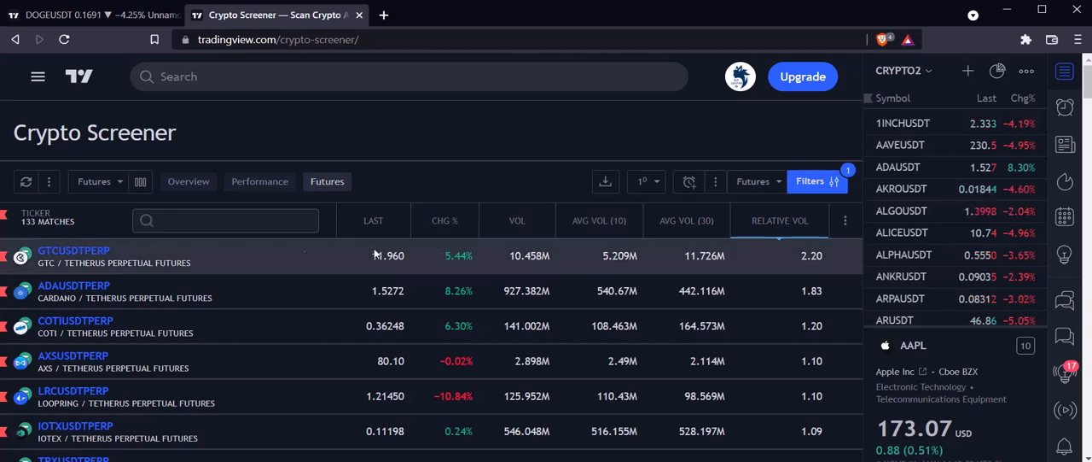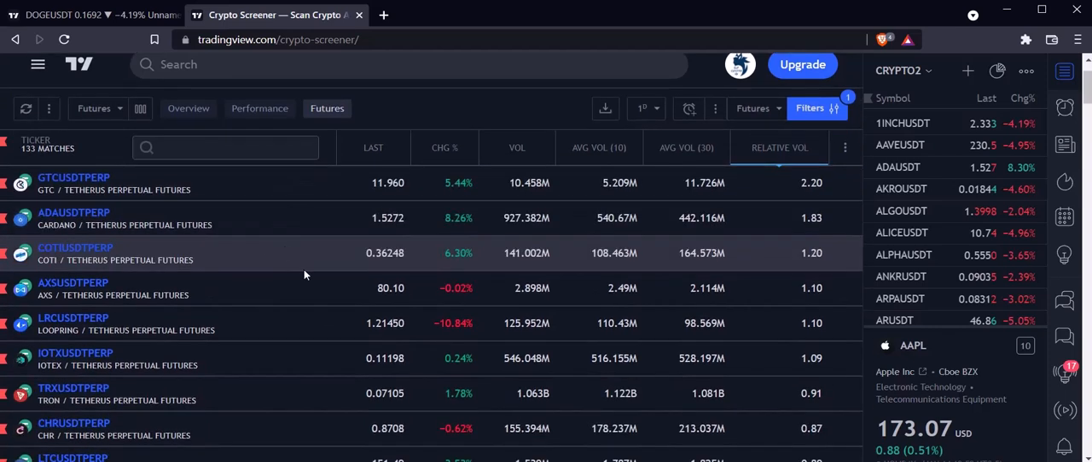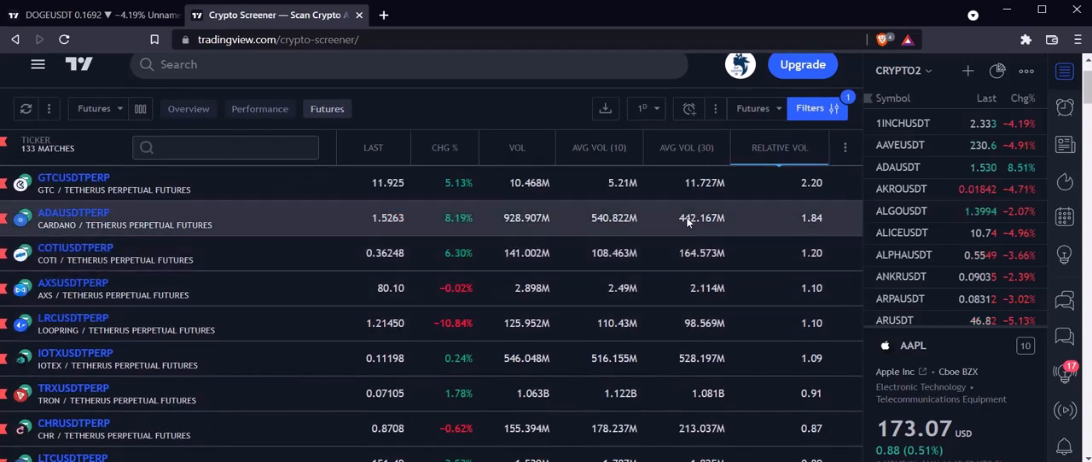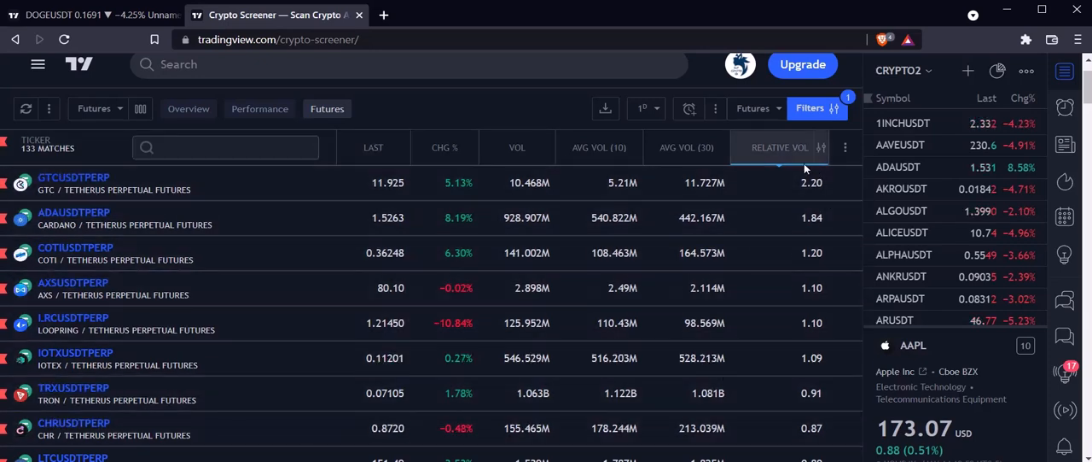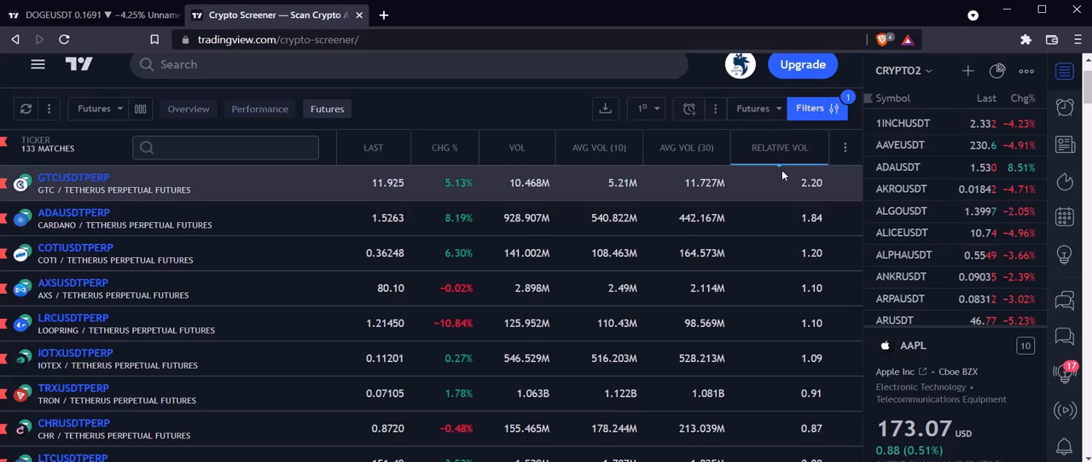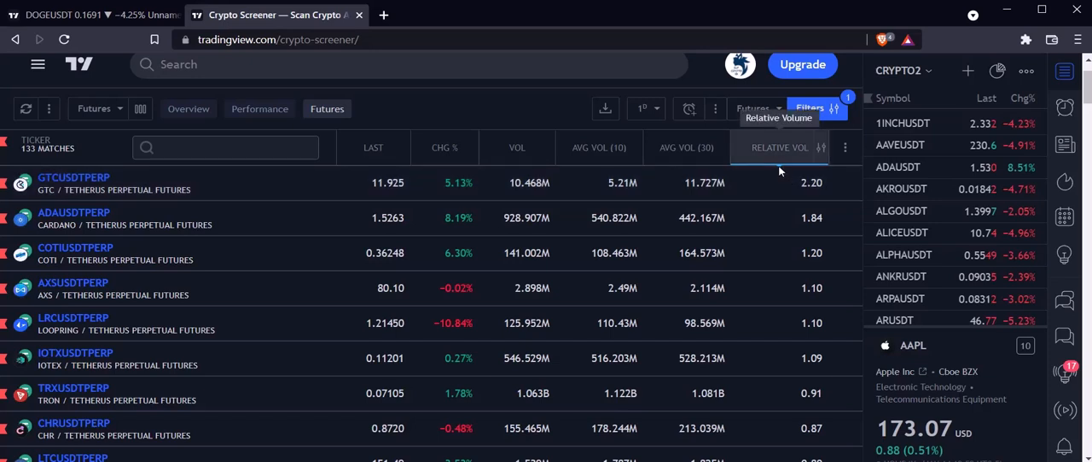So we have to watch these coins which appear at the top of our list when sorted by relative volume, and we can go fast to see the charts for any scalping method,